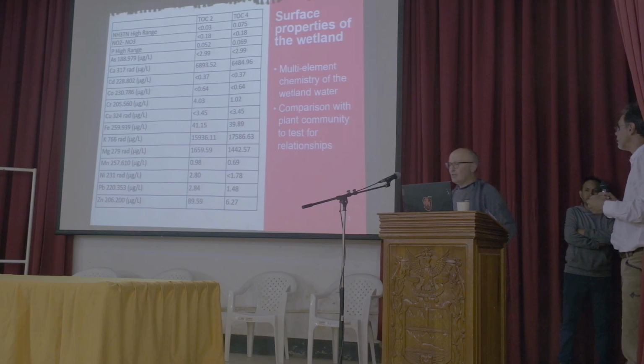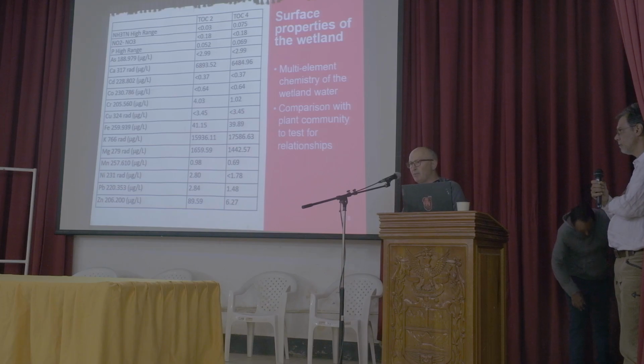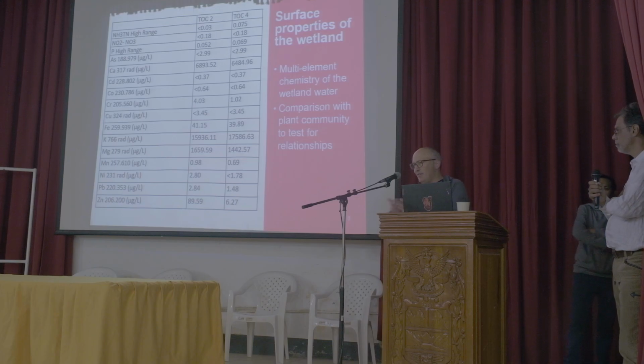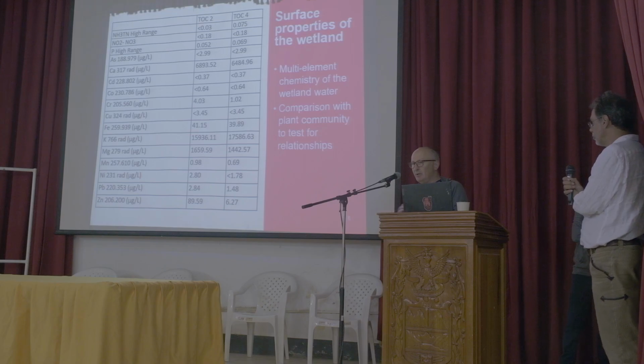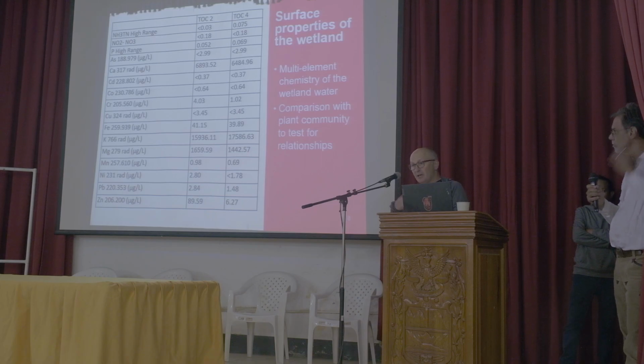So if we relate these very simple measurements that we can do both in the field and the laboratory back to the ecosystem services that we mentioned at the beginning, we can begin to compare this chemistry data with the plant ecology, and we can begin to say that this is beginning to look like a healthy wetland ecosystem, and therefore it's probably providing plant life that's particularly important for provisioning services, particularly grazing